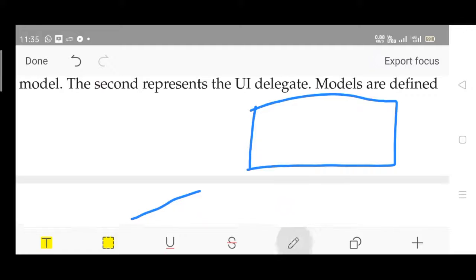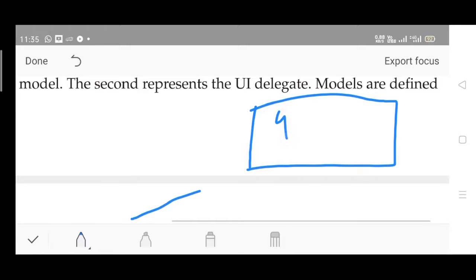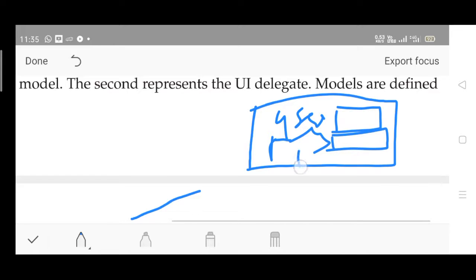What does the form contain? It contains a label, say username, followed by a text box. Then it contains another label, password, followed by a text box, then buttons like submit and cancel. This is the submit button, this is the cancel button, say, right?